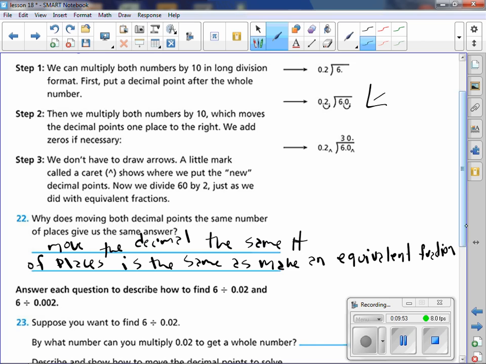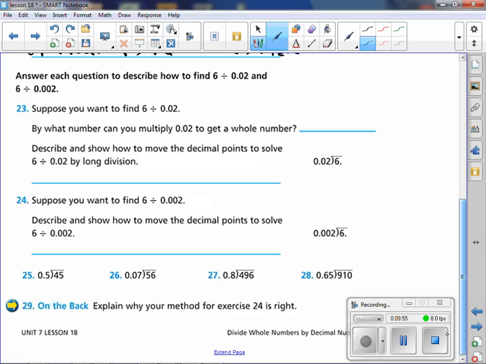Okay, so let's take a look at these problems down here. I want you to try some out. Right, I already did this one. What number can we multiply 2/10 by to get that whole number, or 2/1000? We would multiply it by 100. This is real similar to that last problem we did. So it would be 300, okay, when we do long division. And this one would be 3,000, okay, because you're just multiplying, you're shifting it over. So you can think about moving the decimal 1, 2, 3 places, which would mean you need to move it